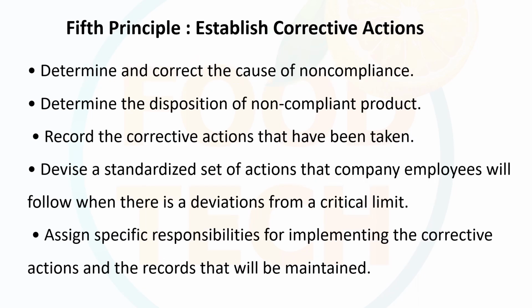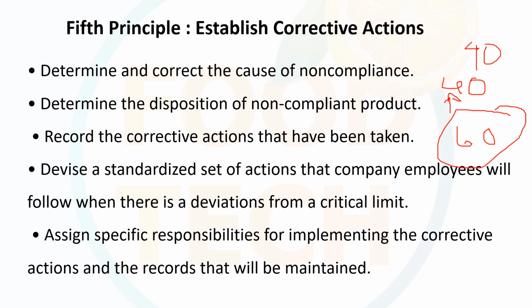Based on this, here comes the fifth principle, corrective actions. If anything goes wrong, suppose the CCP temperature is 40 degrees Celsius and the temperature goes to 60. So what are the corrective actions? What should be done to bring the temperature back to 40, or to that CCP,